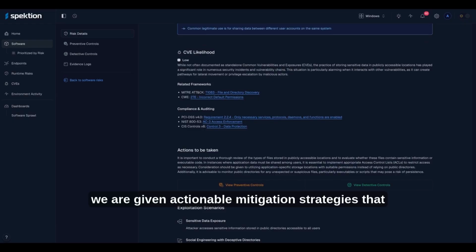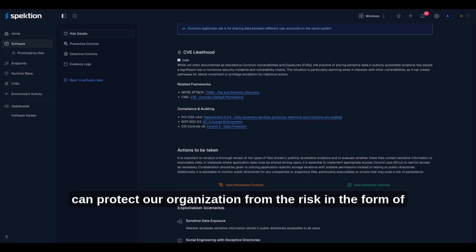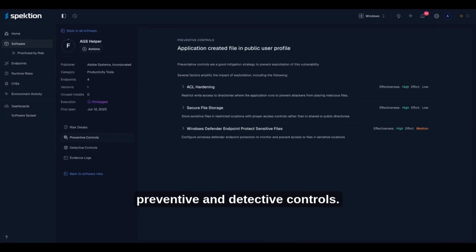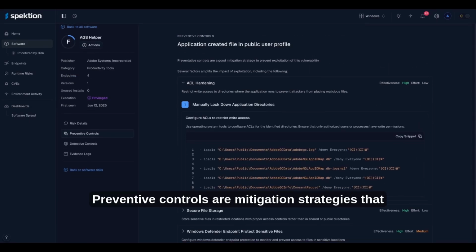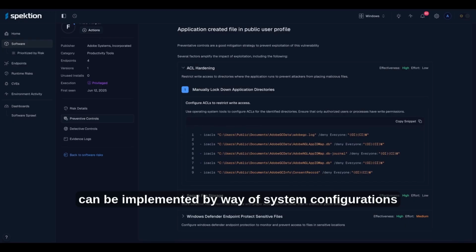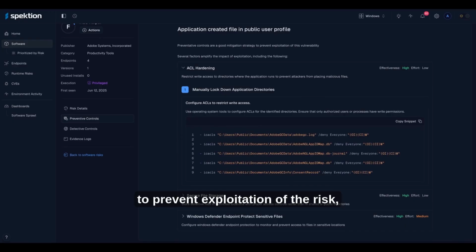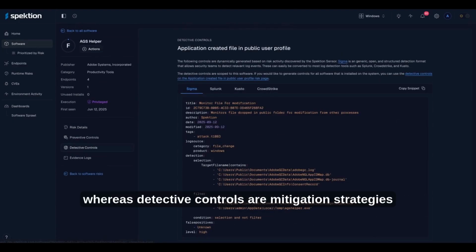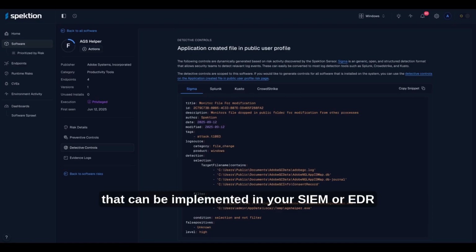Additionally, we are given actionable mitigation strategies that can protect our organization from the risk in the form of preventive and detective controls. Preventive controls are mitigation strategies that can be implemented by way of system configurations to prevent exploitation of the risk, whereas detective controls are mitigation strategies that can be implemented in your SIEM or EDR to detect